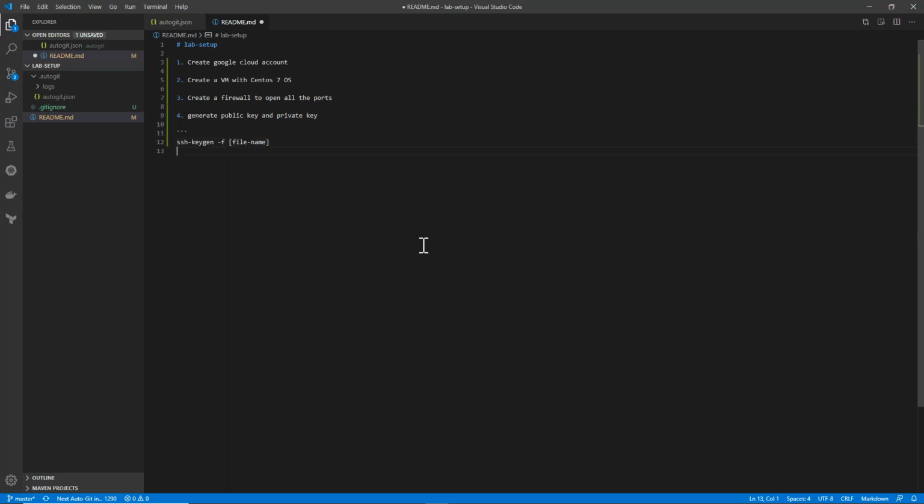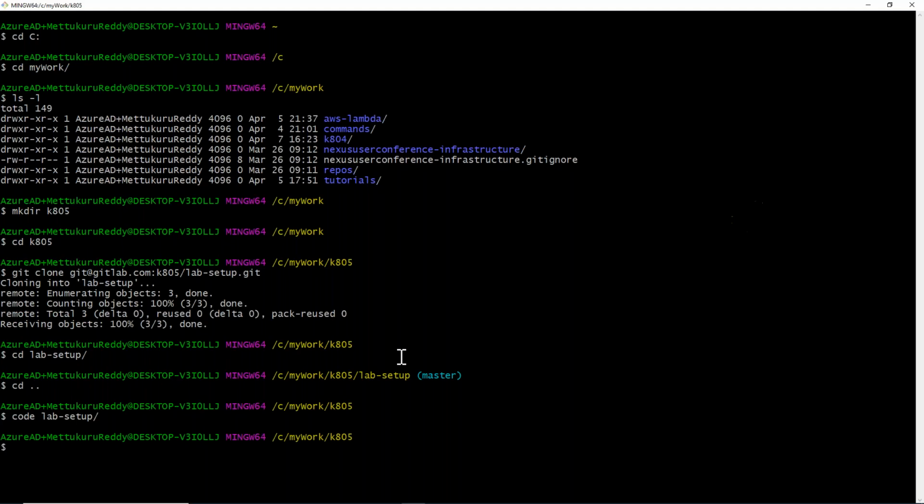This is the syntax to generate the public key and private key mechanism. While generating, don't give any passphrase. I hope you understood the concept of the public key and private key mechanism. Now how will you generate it? Using Git Bash only.